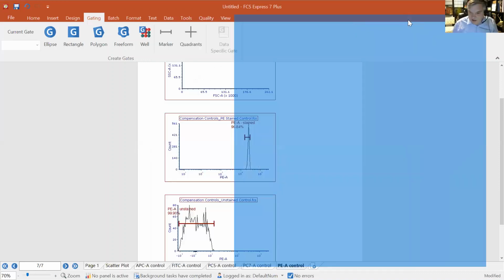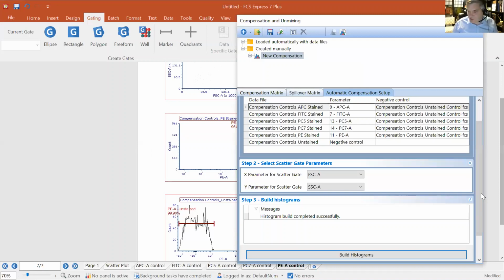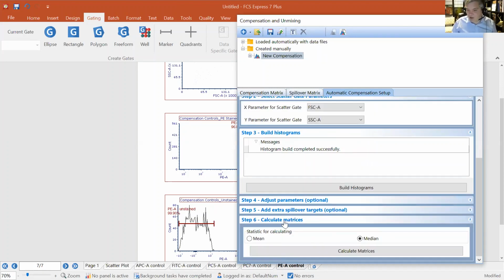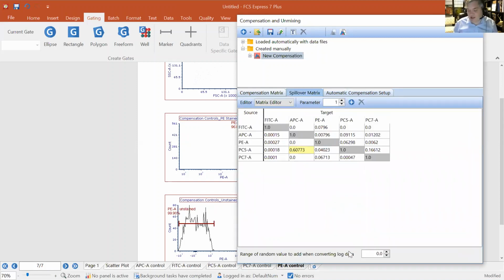So once we've gone through and reviewed everything, there's just one last step, and that's the calculator matrix. We're not going to really go over these optional steps here today. They're a bit esoteric and not used for probably 99% of what people are doing. You can always contact our team at support to get a little bit more information about that. But what we're going to do is click Calculate Matrices, and you can see that a compensation matrix has been